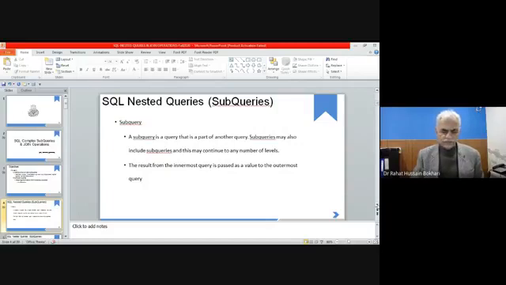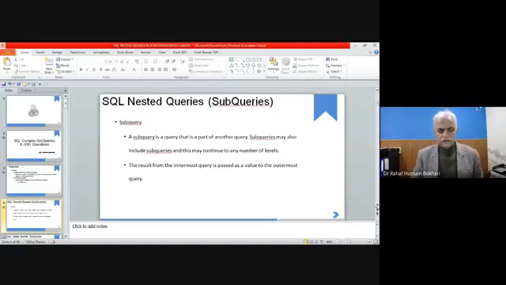It might happen that we use an outer select statement, then within that an inner select statement, and within that we can use another inner select statement. Their level is not restricted to a number of subqueries.